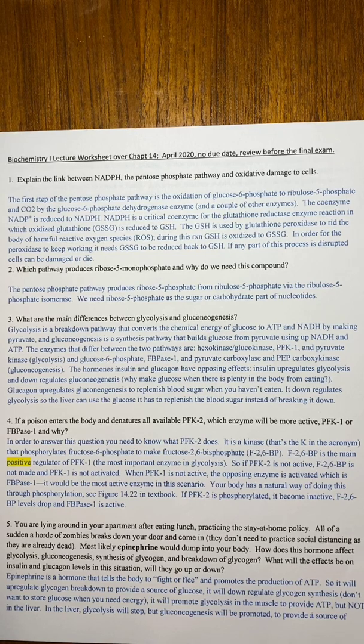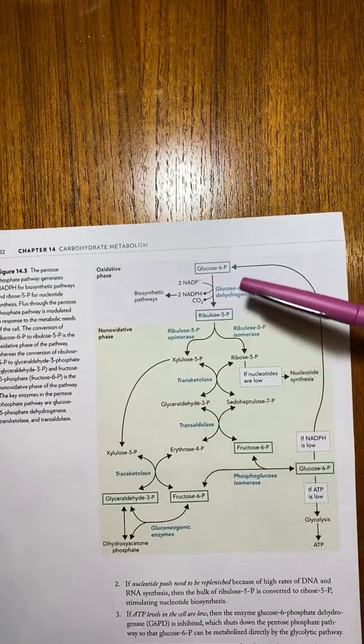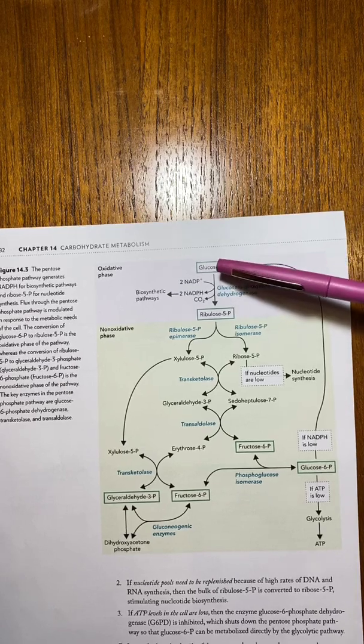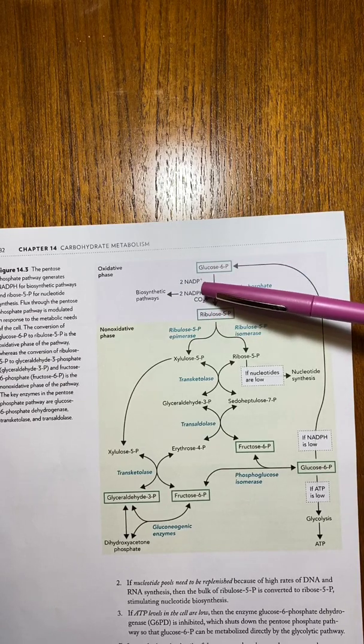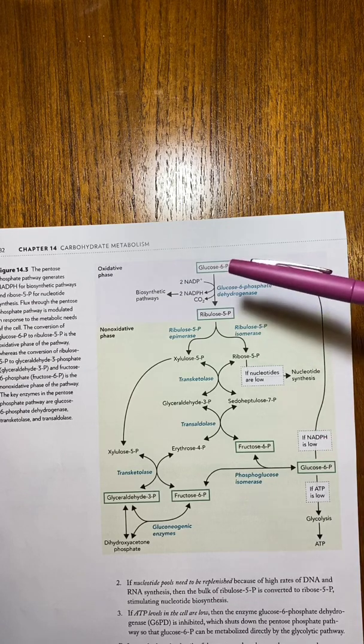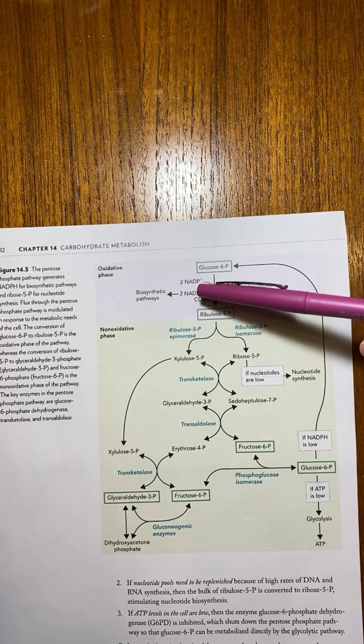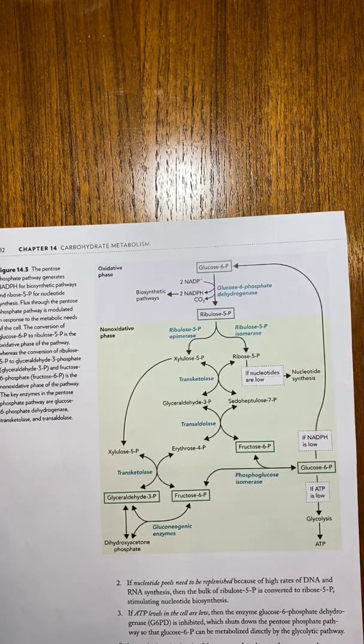The link between NADPH and the pentose phosphate pathway and the damage to cells. What that's referring to is this part of the pentose phosphate pathway that's at the top. So this part here. And what happens in this first set of steps is NADPH is made. That is very similar to NADH. So it's a molecule that basically harbors electrons and can be used as a reducer. So the critical thing in terms of preventing oxidative damage to cells is to have plenty of this NADPH available, because it is used by